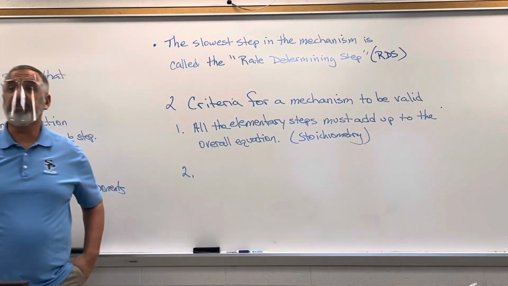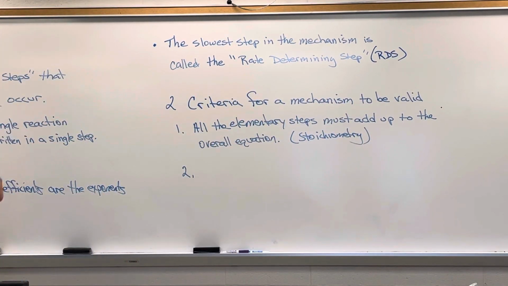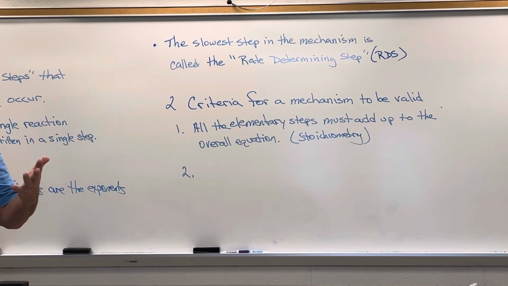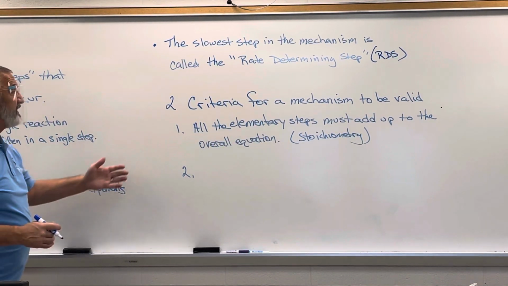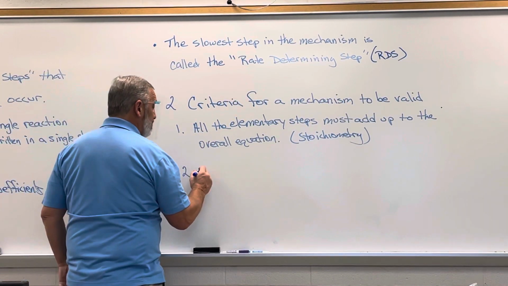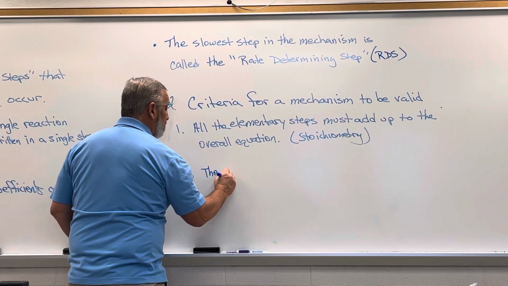Just like Hess's law, the 3 equations for Hess's law had to add up to the overall equation. When we have these series of elementary steps, the mechanism, they have to end up being the overall reaction we're trying to describe. This one, that step's pretty easy. Then the second one is the rate law